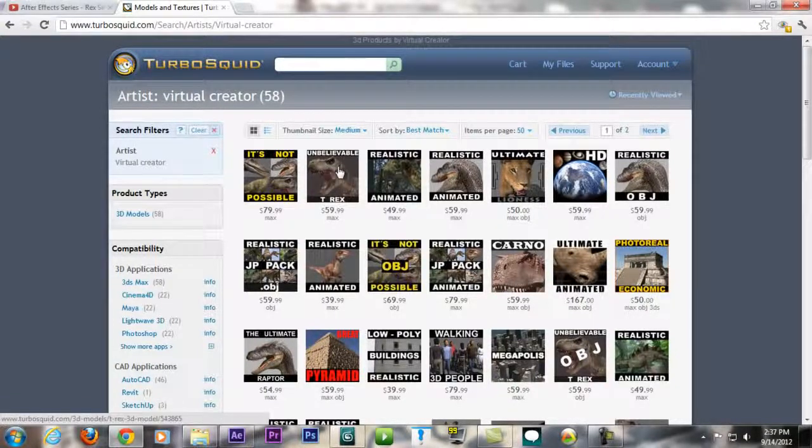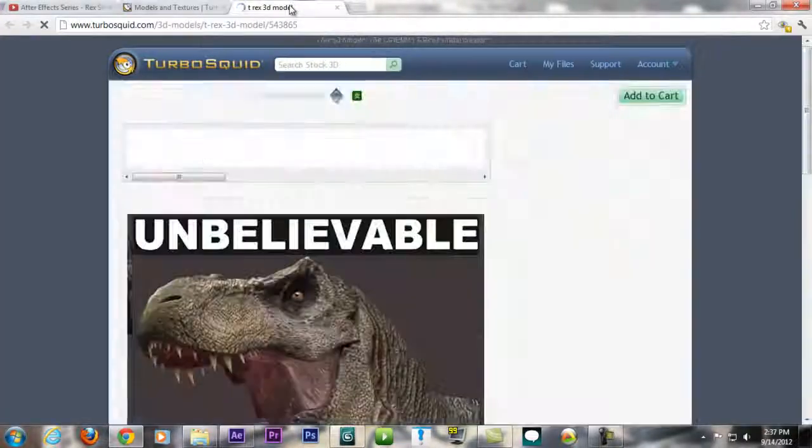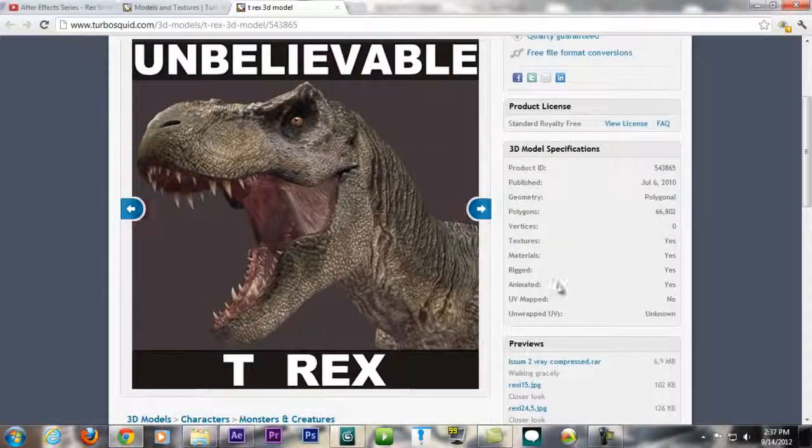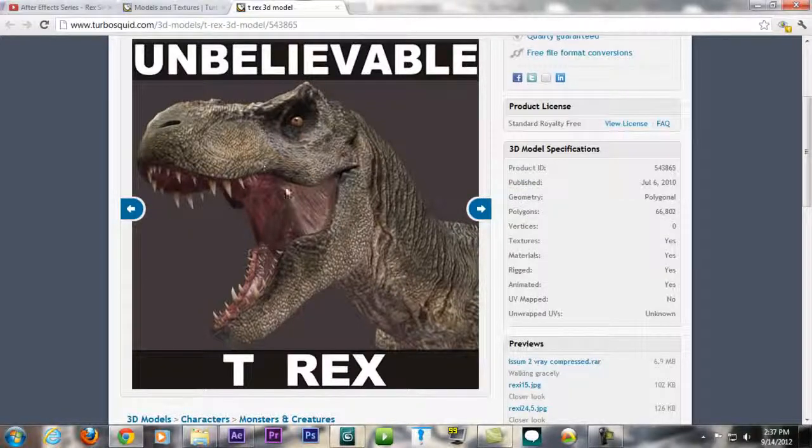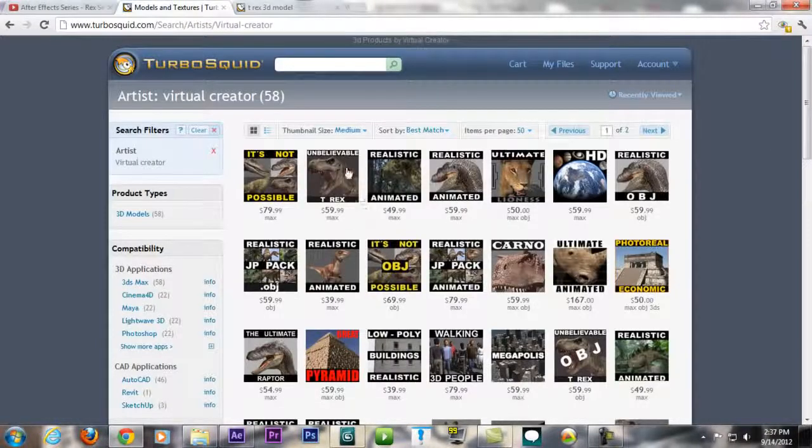So if you want to buy his works, for example this T-Rex right here, just go and buy, but make sure, for example here, you buy the one that is rigged. As you can see here from the right side, rigged: yes, that means this T-Rex already has bones, so you can animate it right away. But if you want to rig it yourself, meaning you're gonna add some bones yourself,